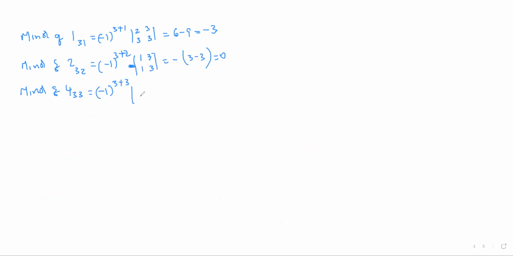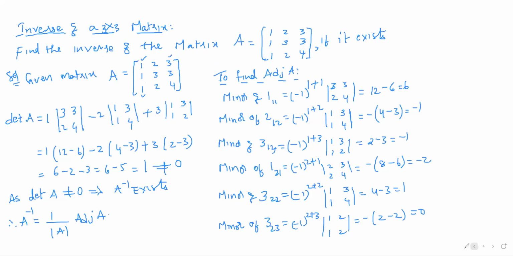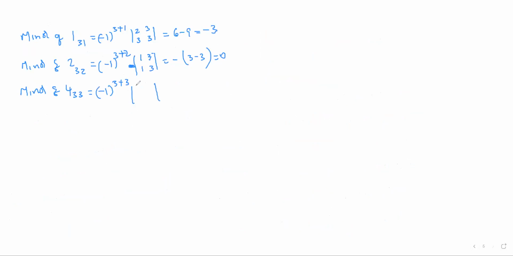And finally determinant of 4, for 1 4. 2 1 3 1 2 1 1 3. 1 2 1 3 1 2 1 3. So minus 1 whole power 6 means plus 1 only. 3 minus 2, that is 1 only. Therefore